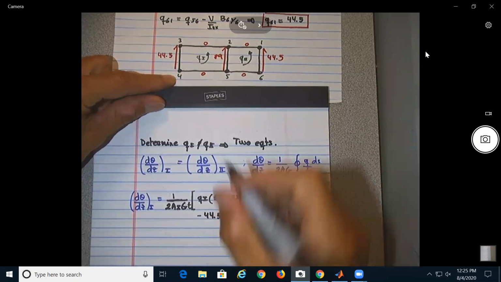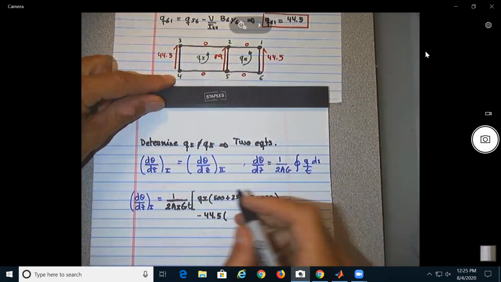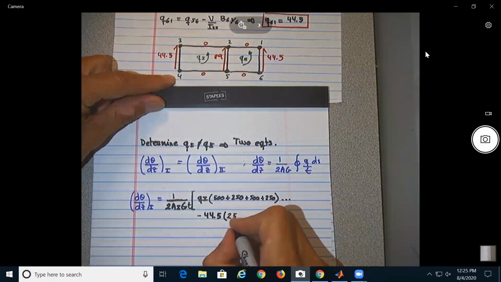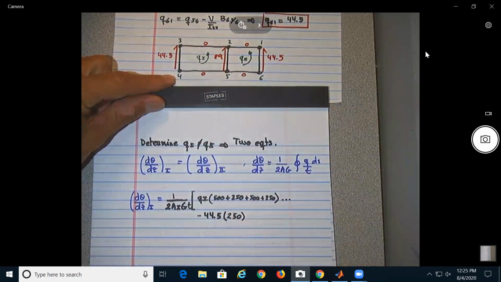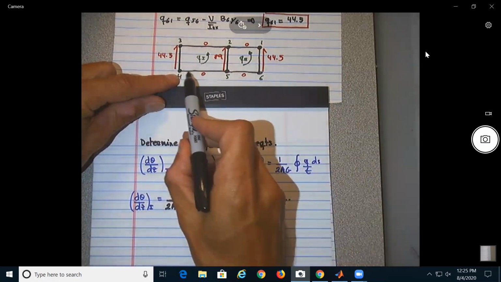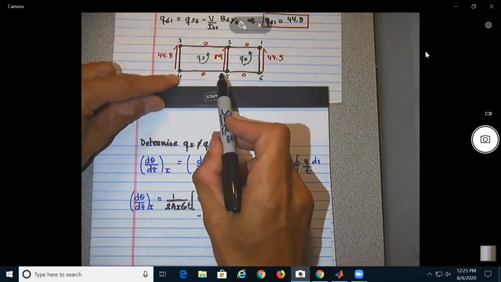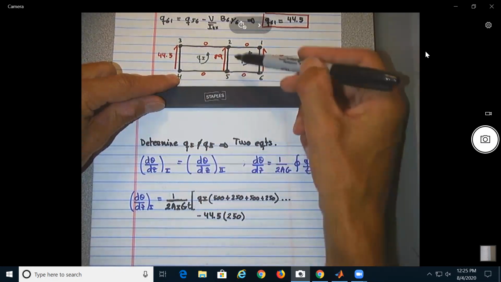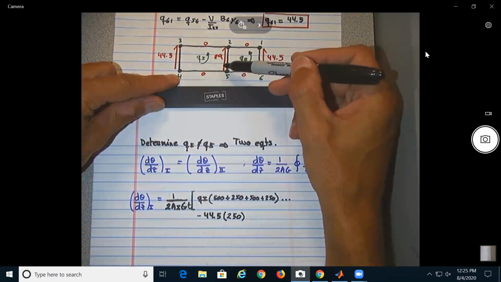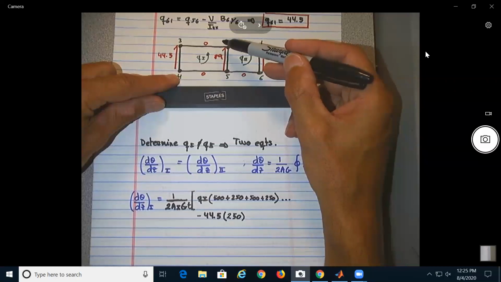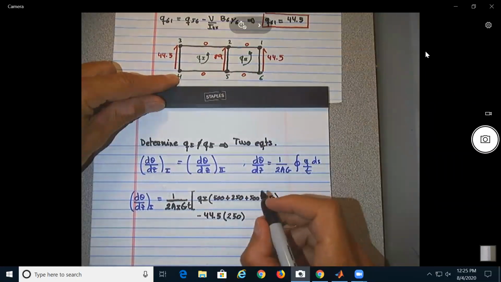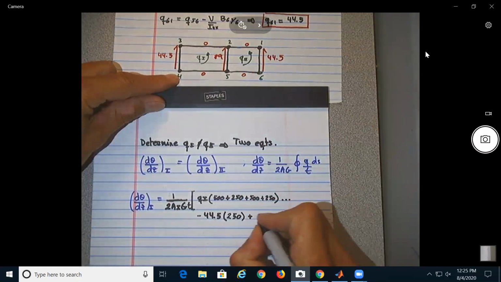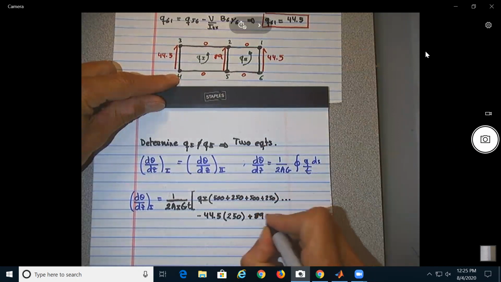And this one, what is the length for this one is 250. Okay? Now, in here, I don't have anything. Okay? And now I have the 89. The 89 is going to make it go counterclockwise. So that should be an effect to be positive. So it should be plus 89